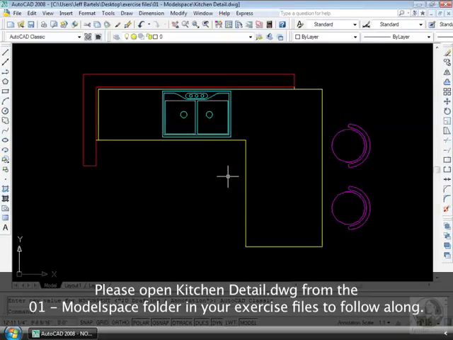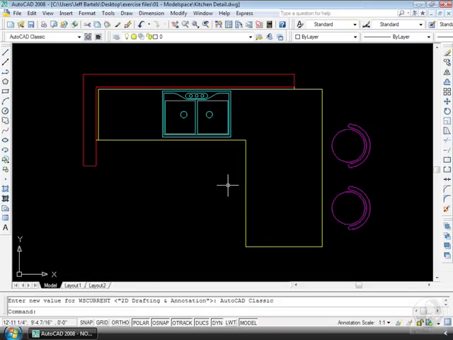As we work our way around the AutoCAD interface, let's take a minute and look at our toolbars. Now, if we look at our screen, we can see I've got a drawing on my drafting board already. This is an example of the type of work that we'll be doing in the near future. So at this point, we're going to configure our toolbars so that they're in the optimal position for us to